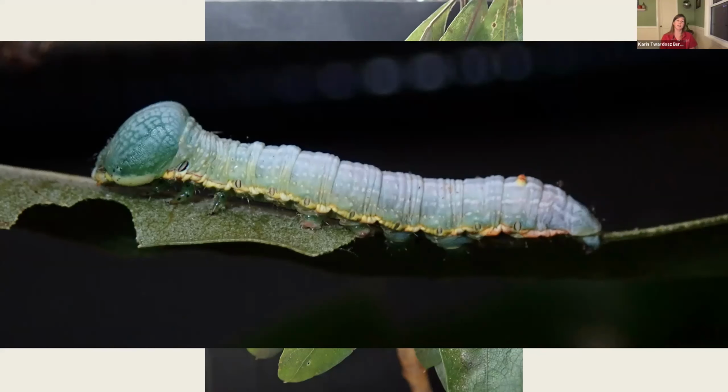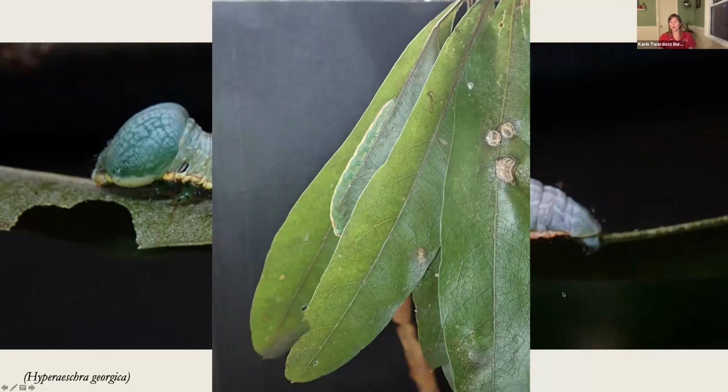So let's take this guy, for example. This caterpillar I found crawling around on my patio. It was a pretty small caterpillar, maybe a second or third instar. I have about 5 different species of canopy trees over the patio, so I didn't know what it ate. So of course, I provided a little buffet of leaves from all of the different trees to try to figure out what its host plant was. Went away, came back an hour later, and I couldn't find the caterpillar at all. I was looking all over, trying to figure out where it escaped. And then finally, I saw where the caterpillar had gone.